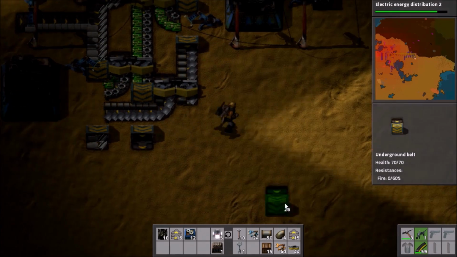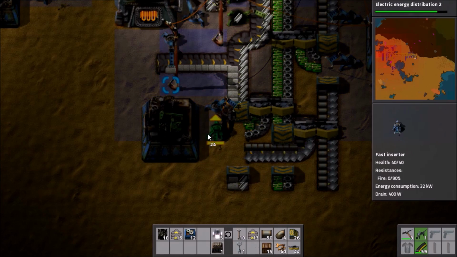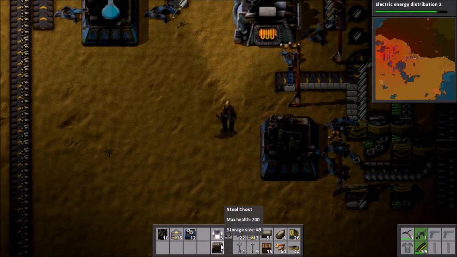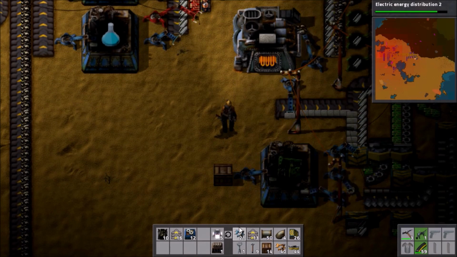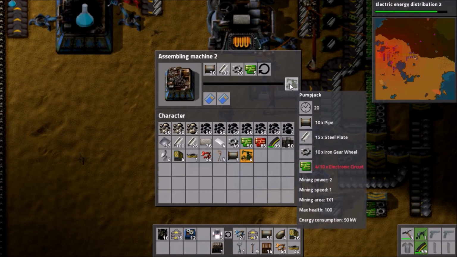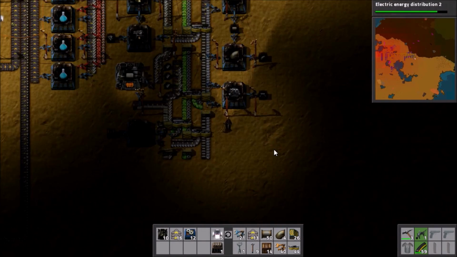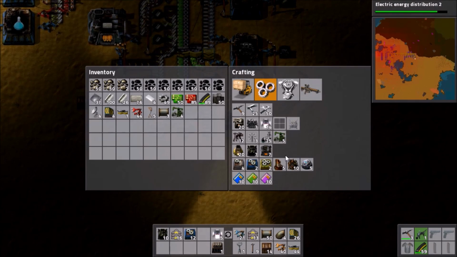Underground belt here. This stuff all carries on its way, and then we'll get the inserters, and we will get the chest. We'll put on the limit, and there we go. We have ourselves some pump jack production. This is coming along nicely, this little oil line, even though it's a complete nightmare in terms of design and